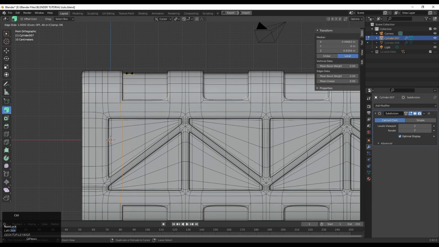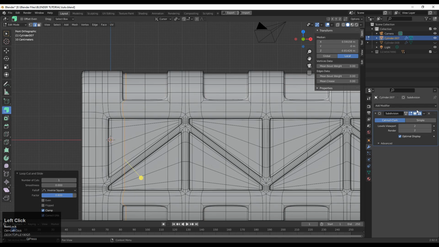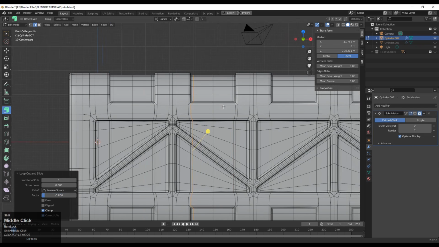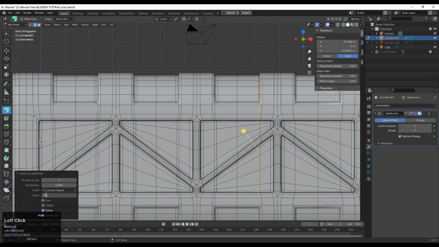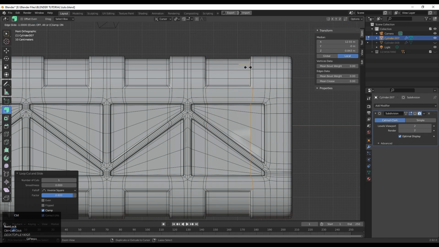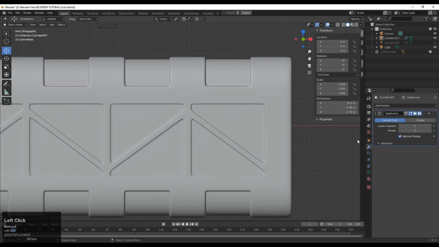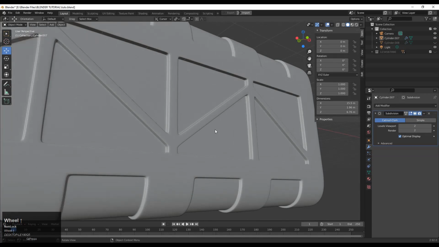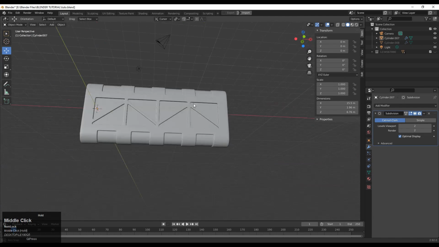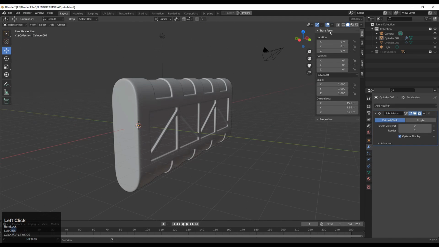And then you need to add a few more loops on this particular model. So just add the loop cuts which are parallel to the z-axis. Means local z-axis, I guess. So just add loop cuts like this. And then turn on your subd surface modifier. Decent design, decent look for our model.